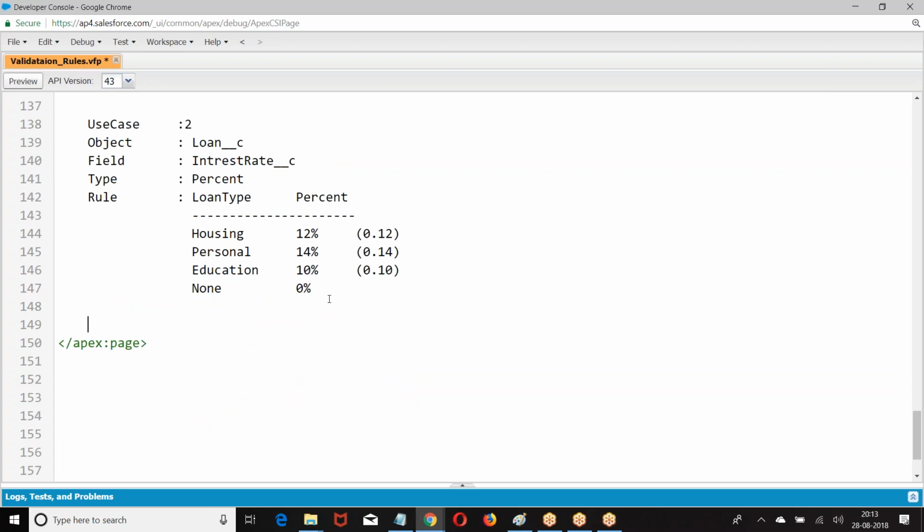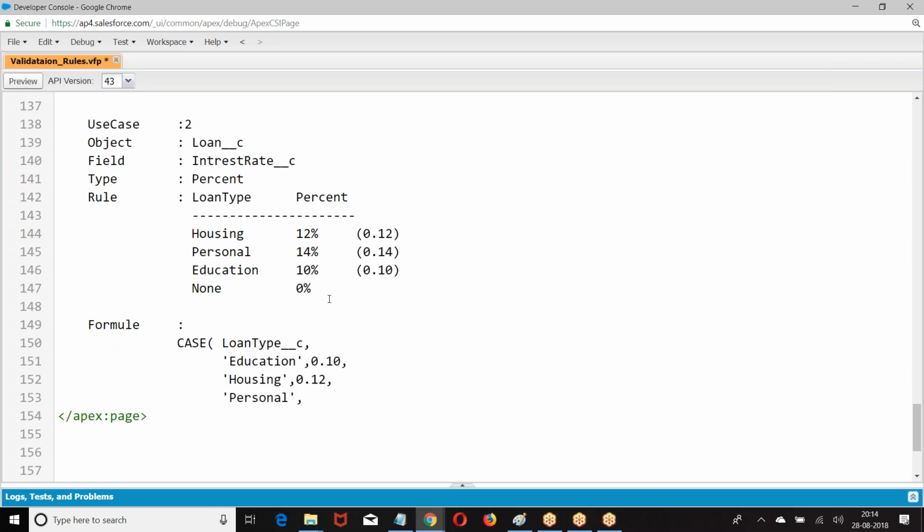We are supposed to go with loan type. So here we need to create the case for the field itself now.